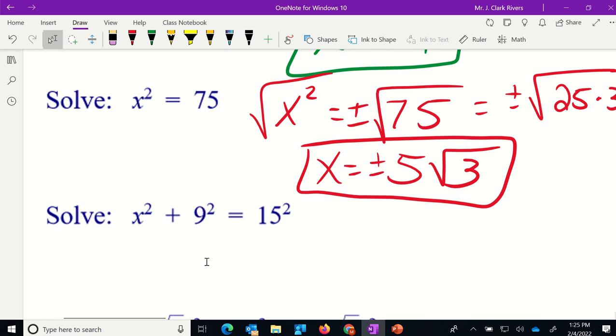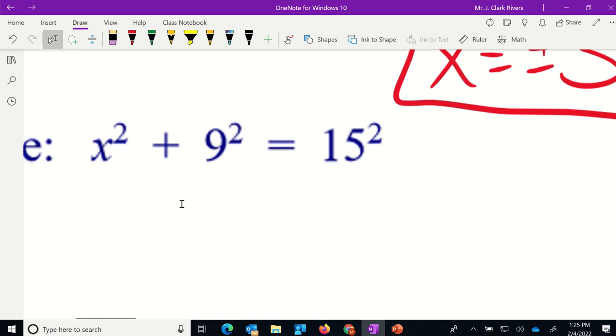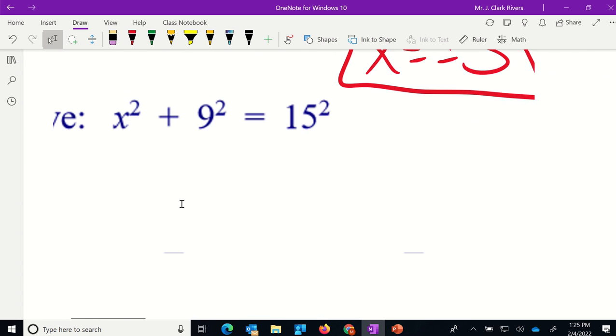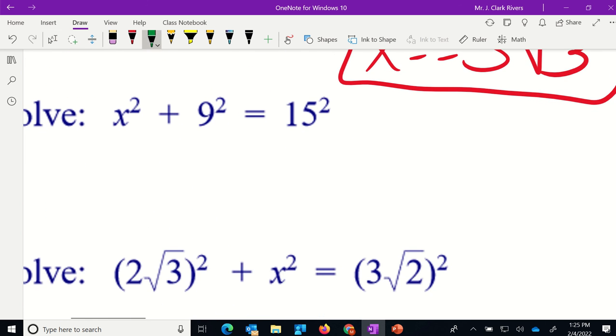Here, we are going to isolate x. How do we do that? Do that by subtracting 9 squared. So minus 9 squared, minus 9 squared. You don't just want to take the square root of both sides. You want to get x isolated. So when we do that, we are left with